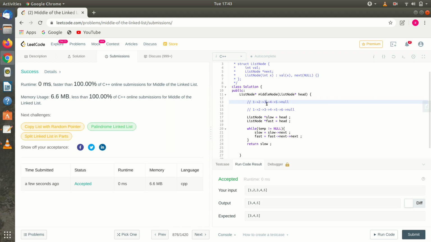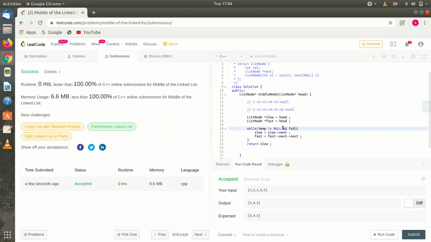So the slow pointer is in the middle. If we move one more iteration, then the slow pointer will go to 4, and the fast pointer will move to null. So null arrow next, the program will crash. So what we have to do: our fast pointer will be here and the slow pointer will be in the middle of the list. So we will just check whether fast next is null or not.